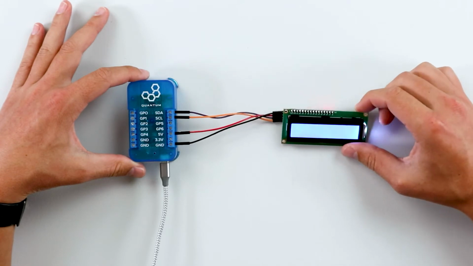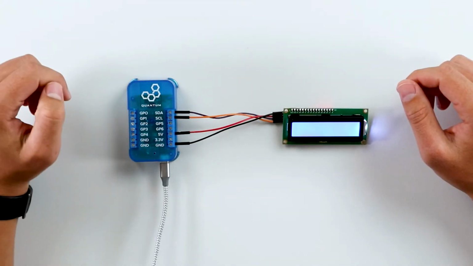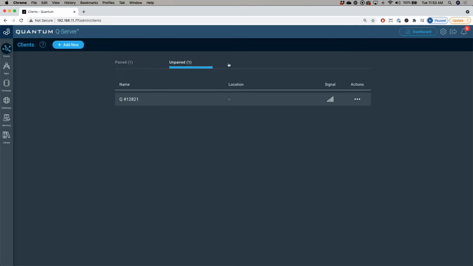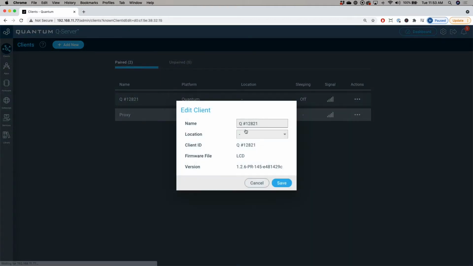Once your I2C device is connected to a builder base and powered on, let's go over to our Q server and do the rest of the configurations there. From the home screen of your Q server, go over to the Clients tab, and then we're going to pair the builder base that's connected to that I2C device. Once your builder base is paired, let's do the quick setup. I'm going to name my builder base LCD, and I'm going to pick Studio since I'm in the studio,